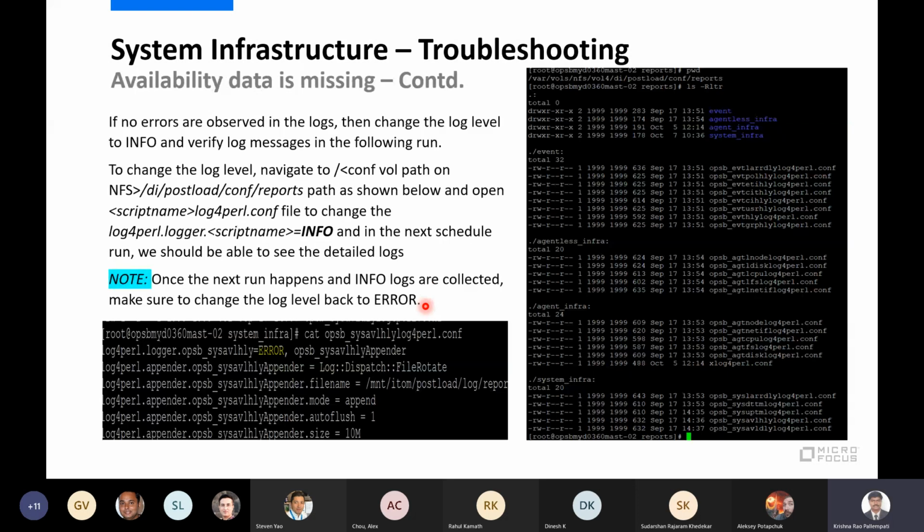Once the data is there, this is where we come to know whether there are any errors in the logs and how to remediate. As of now, our CP support team is helping to further verify. No, it's not auto remediate.